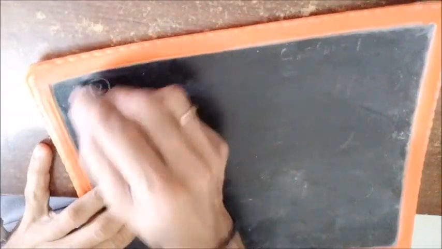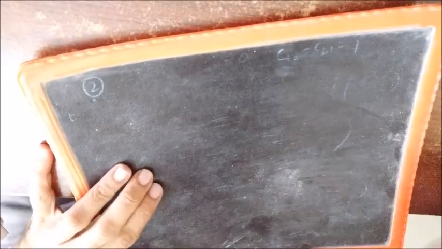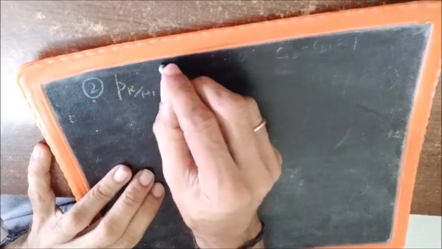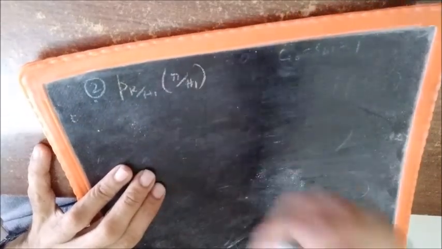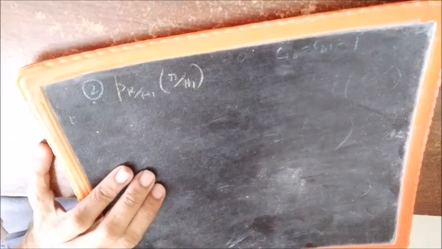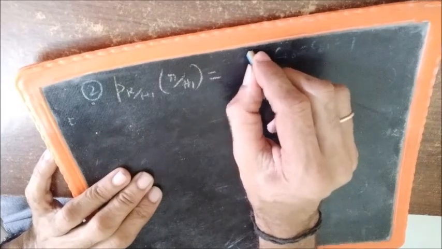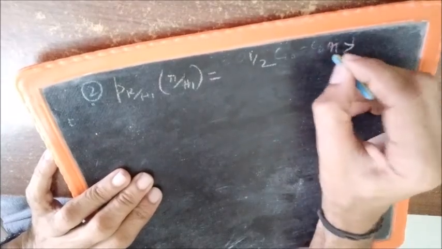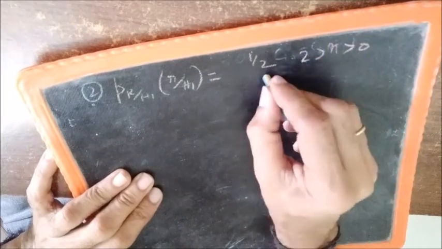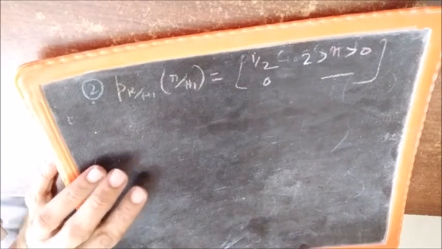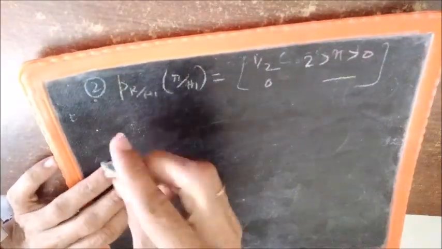Okay, now we take the second example. Here the data given is that P of R given H1, that is the density function of the received random variable when H1 is the true hypothesis, is equal to 1 by 2 for R from 0 to 2 and 0 otherwise. So it is a uniform distribution from 0 to 2. That is what P of R given H1 is.